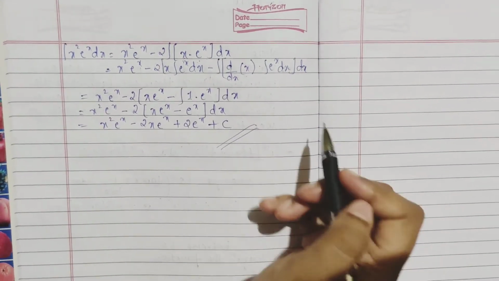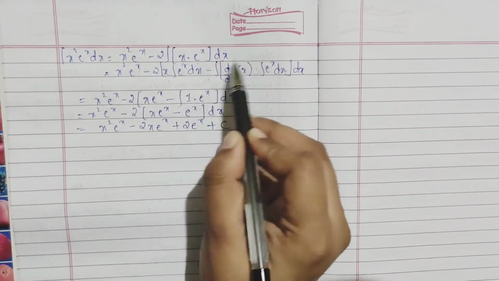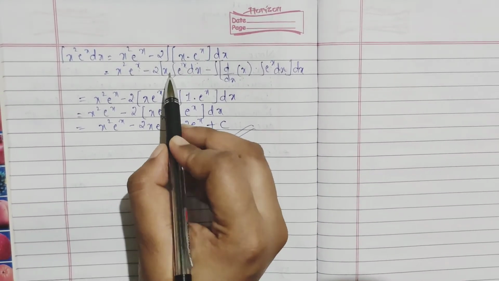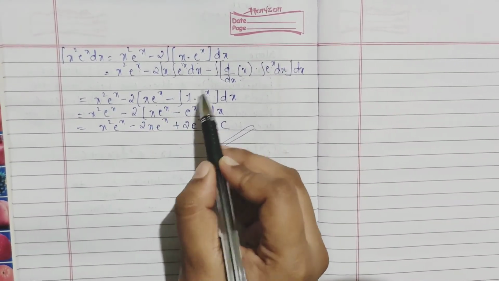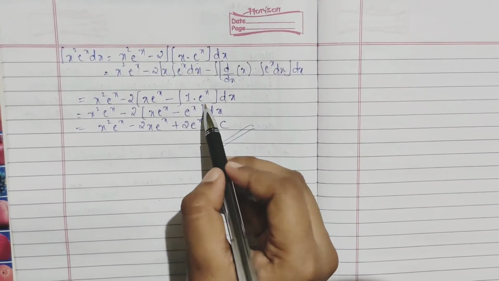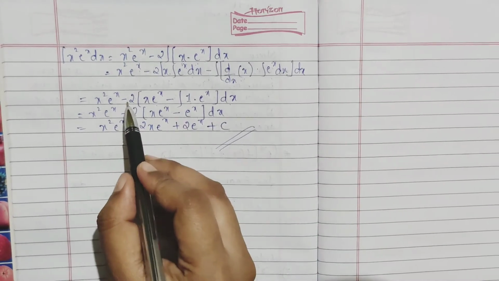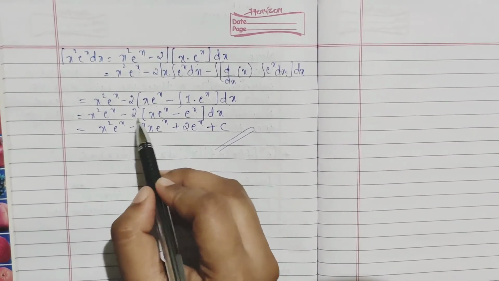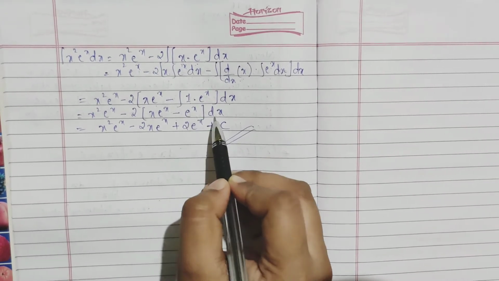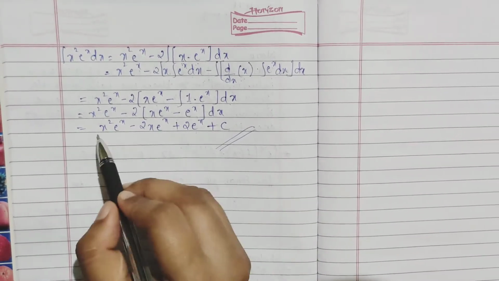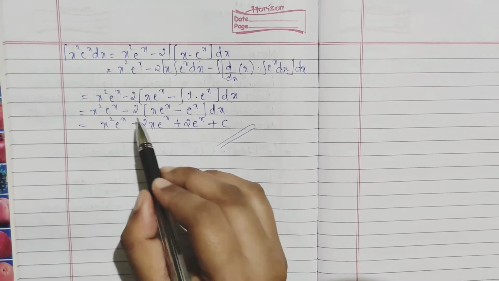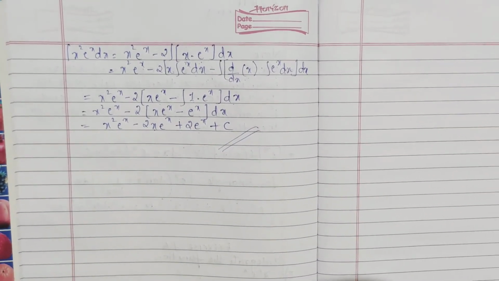So you can see x integrating e to the power x, differentiation of your x, integrating e to the power x dx. So your x, integration of e to the power x is e to the power x, minus differentiation of your x is 1, integration of e to the power x is e to the power x dx. Now multiplying, I have done 2x e to the power x, integration of e to the power x is e to the power x only dx. So multiplying everything, you will get x square e to the power x minus 2x e to the power x minus 1, that is minus 2x e^x plus 2 e to the power x. I hope this much is clear.